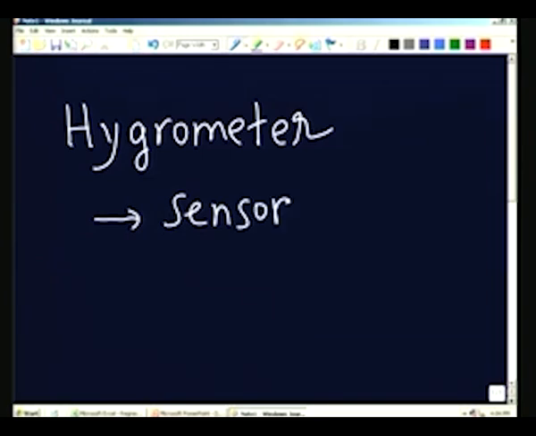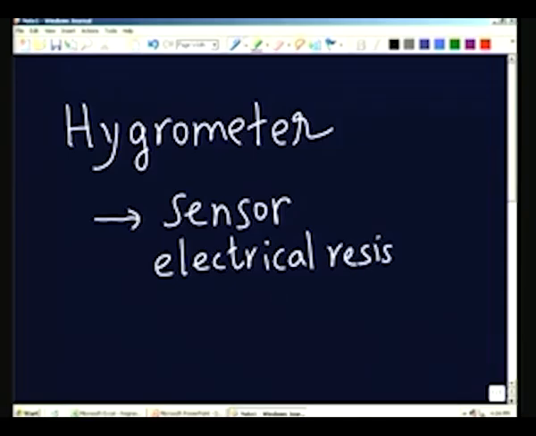We will not go into the great details, we just assume that there is a sensor with some property of the material which is used in the sensor, for example, the electrical resistance of the sensor element